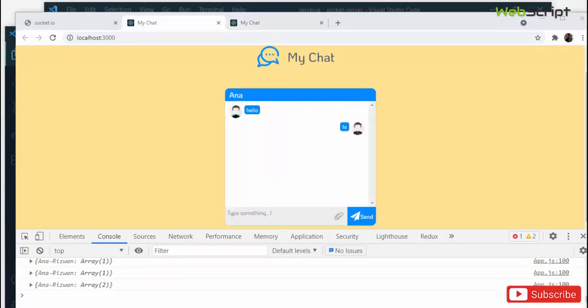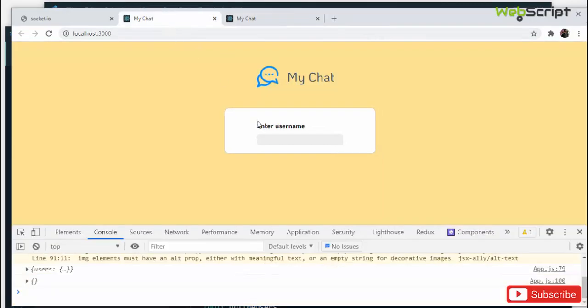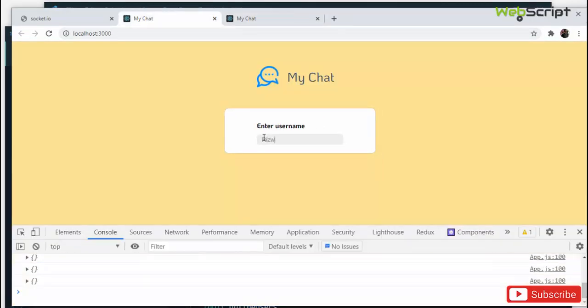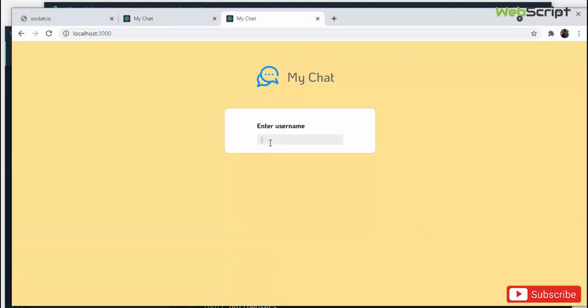We can send the messages, we can share the images, the core logic of our application is working absolutely fine. But still we are left with one important thing, that's the notification, right? If I'm sending a message, for example, you can see, and I also don't have the close button, so I have to write a logic over here. Just reload this stuff and this one too. Let's create a user, let's say Rizwan, right? And let's create one more user, that's Anna,